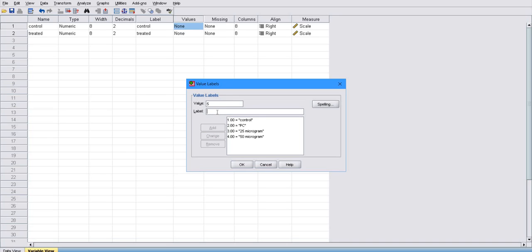Fifth one is 150. Sorry, fifth one is 100. If you want to make any changes, then press that button. Here you can change it to 100 and then press the change button. Then it is changed.